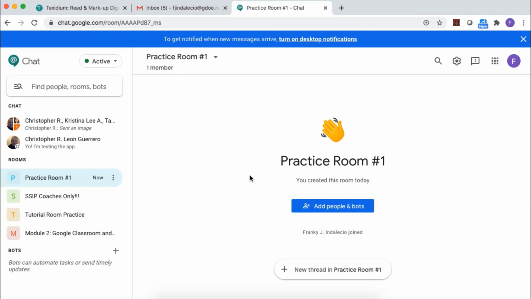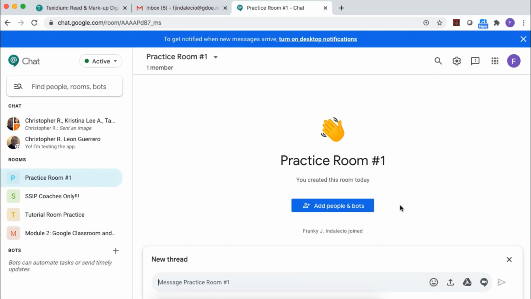And one of the cool features that I noticed with rooms here in the Google chat is on the very bottom, it says new thread in this practice room number 1. Now, if I click on this, what it does is it allows me to create kind of like a space, if you will. And all the conversation that takes place will happen within that same space. So, if this is the leadership room and, let's say, the principal is part of this group and they're talking about,